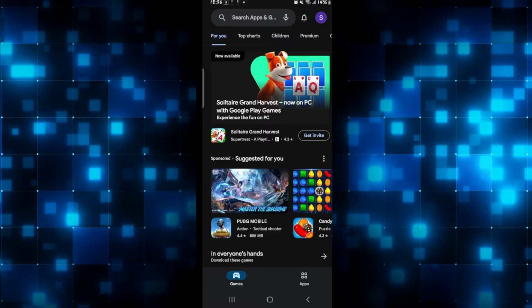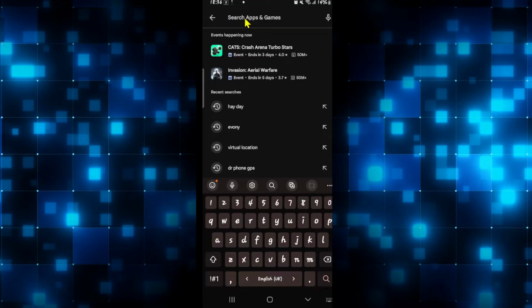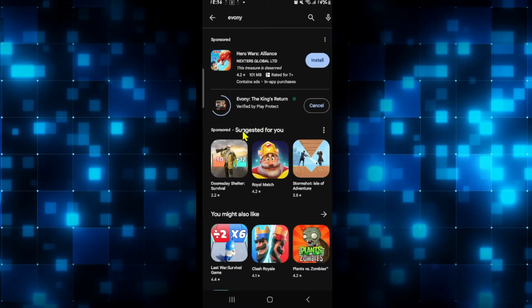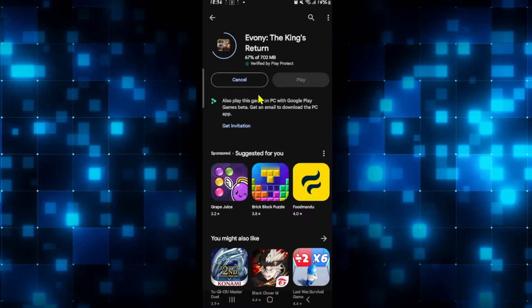First of all, open up the iOS App Store or the Google Play Store depending on your device, and once it is opened up, tap on the search box and then type in Evony and start your search. Once you find the Evony, the King's Return game, tap on it and you will see the install button. Just tap on the install button and this will begin the download and installation of the Evony game on your